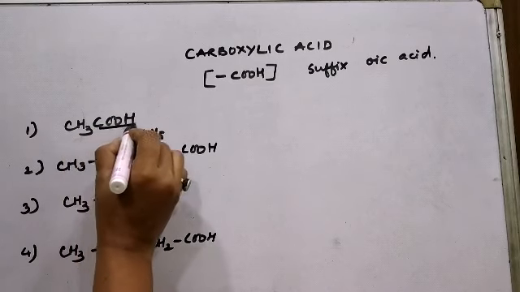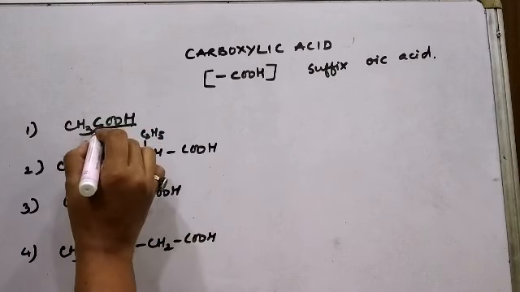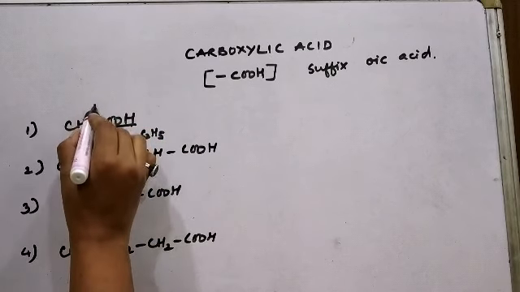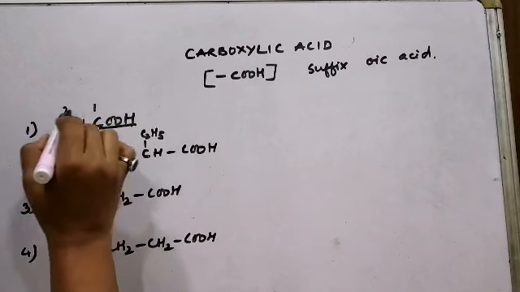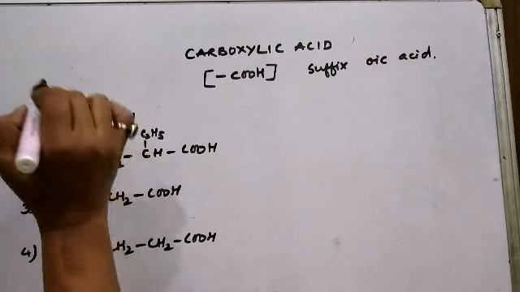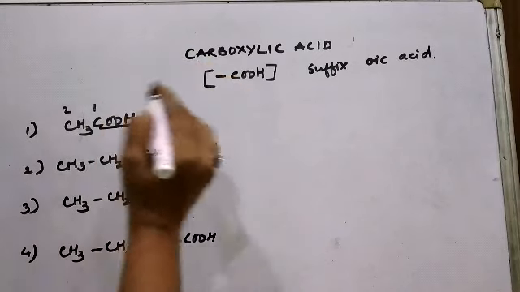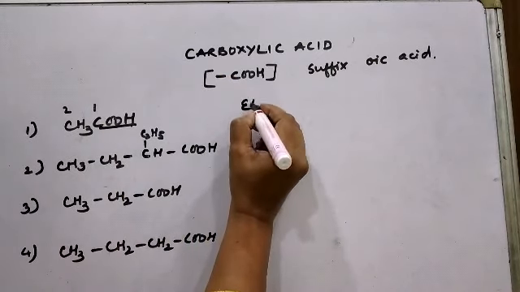So this is a functional group, the acid group, the carboxylic acid group. This carboxylic acid group contains a carbon, so that carbon has to be counted when you are numbering the carbon atoms. Therefore, the numbering will go from right to left. So there are 2 carbon atoms which are present in the straight chain. Therefore, the root word will be ethan.